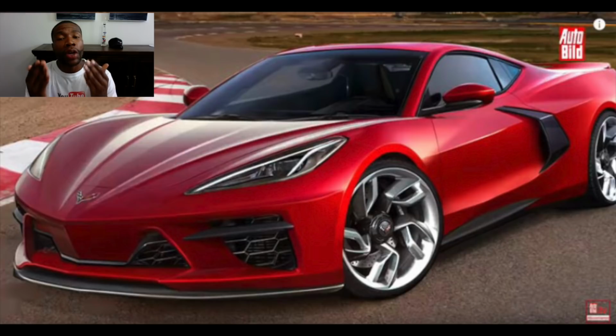But I can tell you one thing, there are some people out there hoping that this car fails as well. And I hope it doesn't, because I truly would love to get behind the wheel of one of these things and let everyone see it and drive it and test it and compare it to the C7, because the C7 is one of the best front engine Corvettes they have ever made. And so let's go ahead and talk about why the Germans and everyone else is so obsessed with seeing the